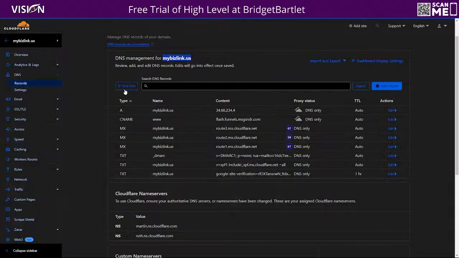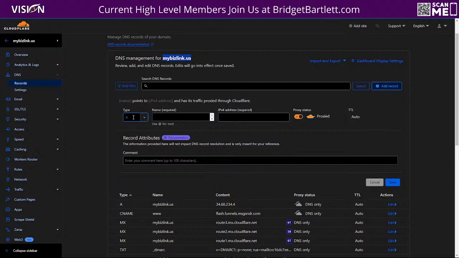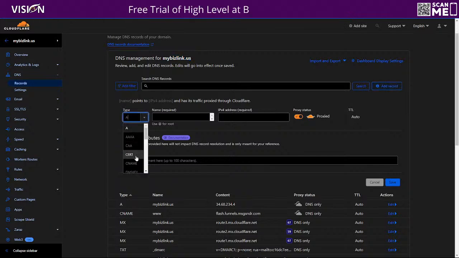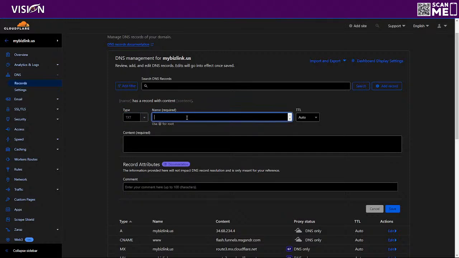And I'm going to go back now to Cloudflare, and I'm going to add a new record. Whether you're using Namecheap or GoDaddy or Bluehost or whatever, you just need to go to the domain, go to the DNS manager, and here is where you're going to add this file. The type of file we're going to choose is a TXT record. So I'm going to choose TXT from the drop-down menu, and then I am going to